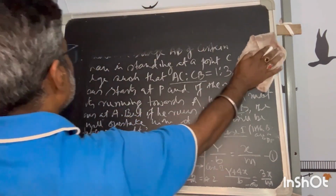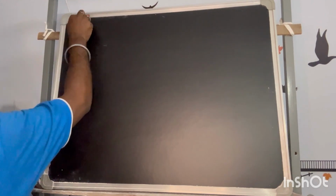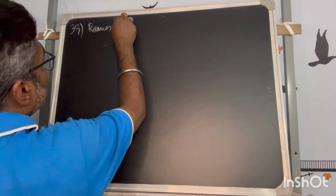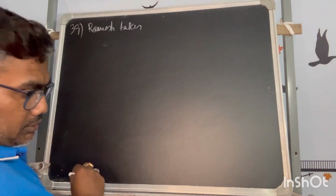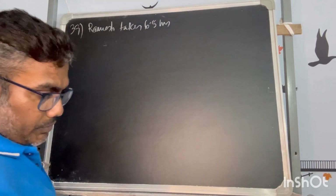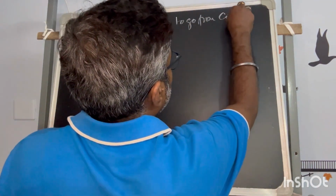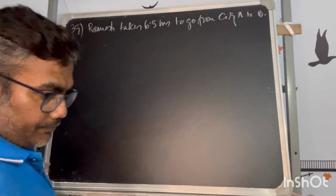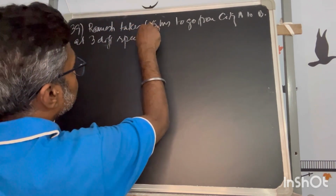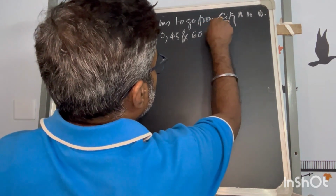So I will move on to problem number 39. Okay, now this is problem number 39. The problem says Ramesh takes 6.5 hours to go from city A to city B at 3 different speeds: 30, 45 and 60 kmph,